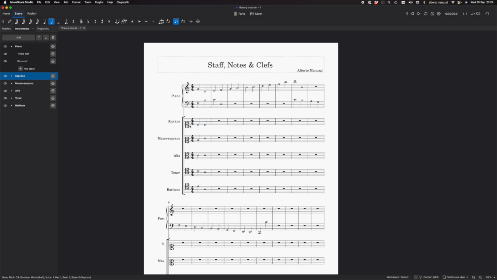So in this case, the C will be on the first line, C on the second line, C on the third line, C on the fourth line, C on the fifth line. And of course, there's a difference in pitch as well. And clearly this has become a system that allows us to